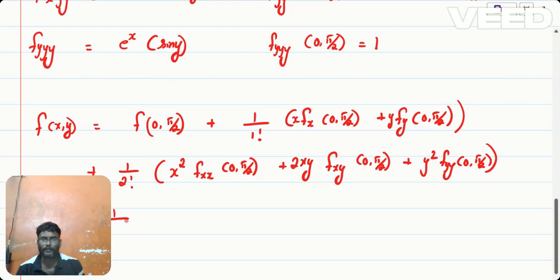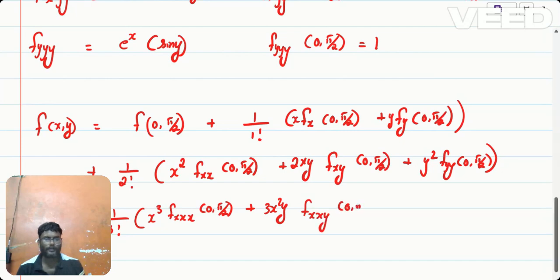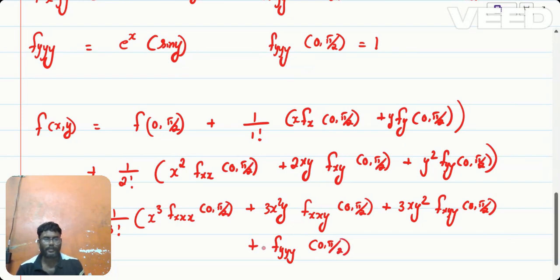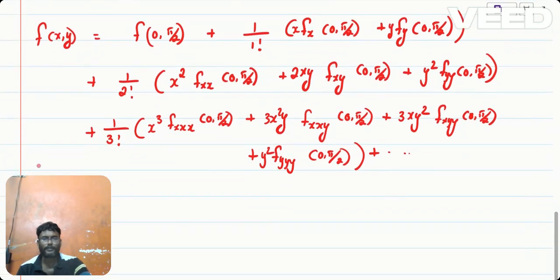and for third order 1 by 3 factorial into x cube f triple x of 0 comma pi by 2 plus 3x square y into f x x y of 0 comma pi by 2 plus 3 x y square of f x y y of 0 comma pi by 2 plus f triple y of 0 comma pi by 2, and this is for y cube, plus so on. Now if you substitute these values, you will get,